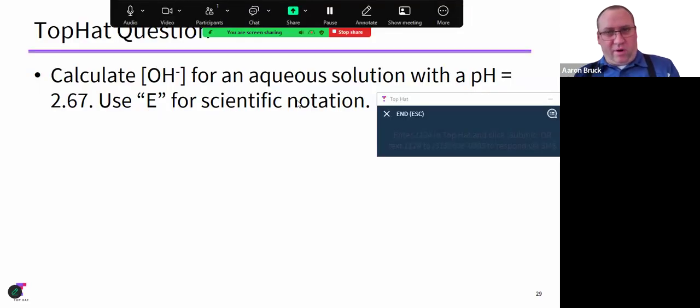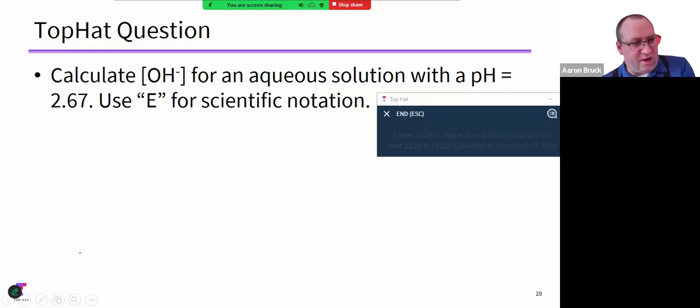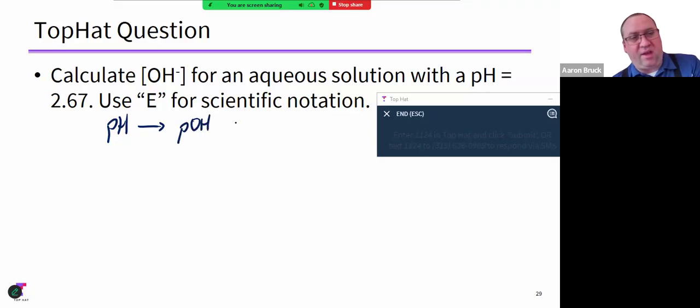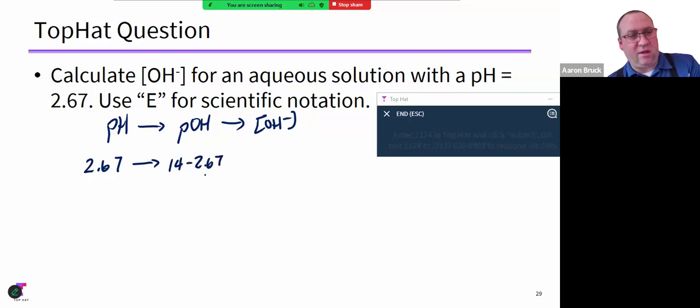All right, looking around, we're basically all on the right track. Let's just make sure that we've got the sig figs tied down. So the way I would go about it is knowing that we have pH, I would take it to the pOH and then to the hydroxide concentration. So pH is 2.67. To turn it into pOH, I would need to subtract from 14. So that would be